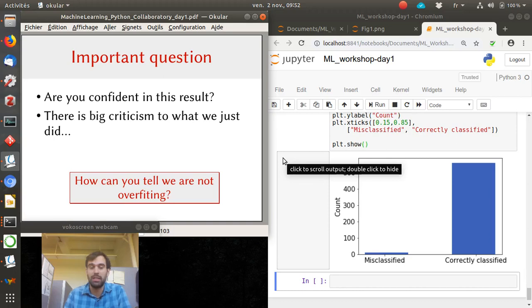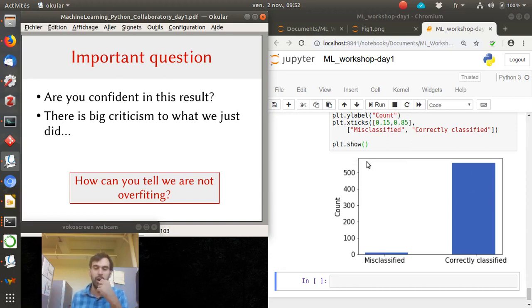We should have, as soon as we had the data, put some apart and used it at the very end to assess the validity of the model. We should have separated the data into a testing dataset and a training dataset. We use the training dataset to build our decision tree, and then at the very end, we test with the testing dataset. So in fact, we have no way of knowing if we are overfitting here because we took all the data together in order to build a model,